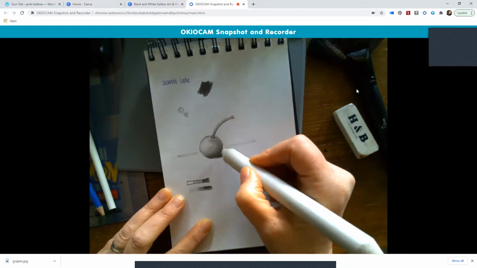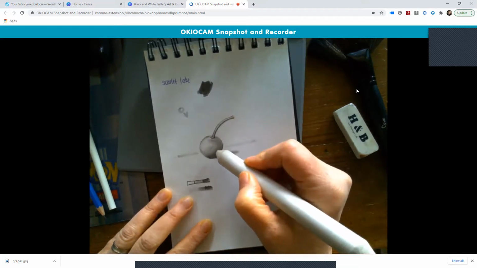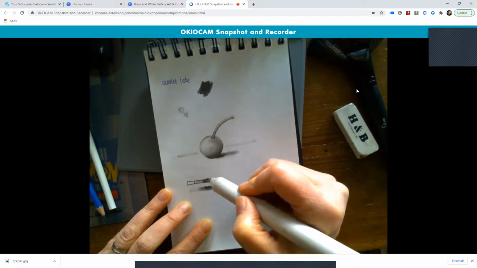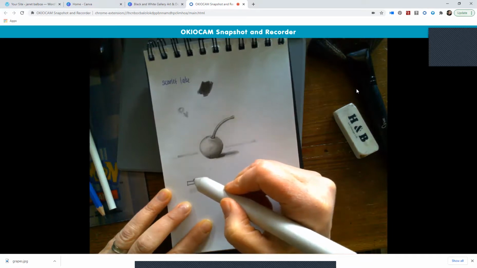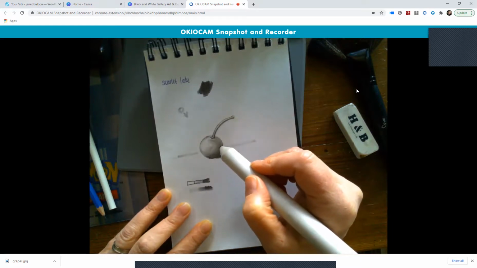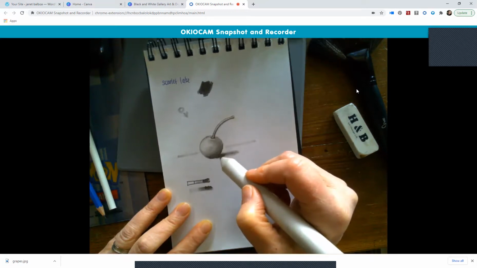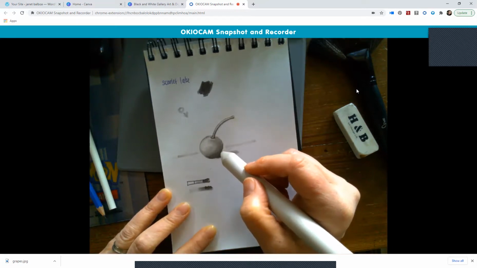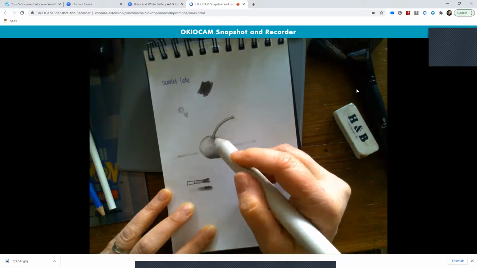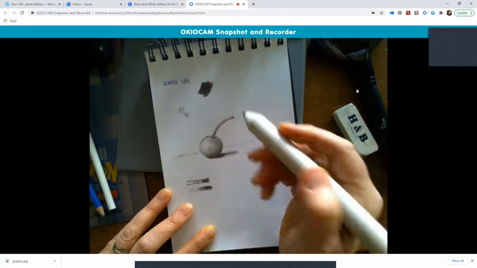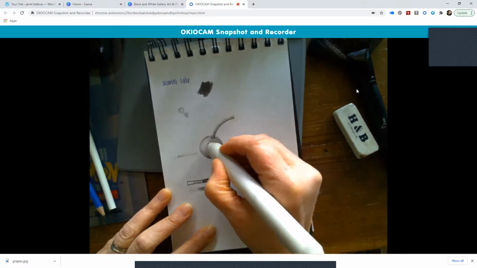Because now I want to give you the idea that it's a cherry and it has color. So when we're doing the gradient blend, we just want the light, medium, and dark. But now, since I've decided, all right, it's a cherry, cherries have surface variations in color. And because we don't have color right now, I can't really put those on in reds or Scarlet Lake, for instance, but I can model this a little bit